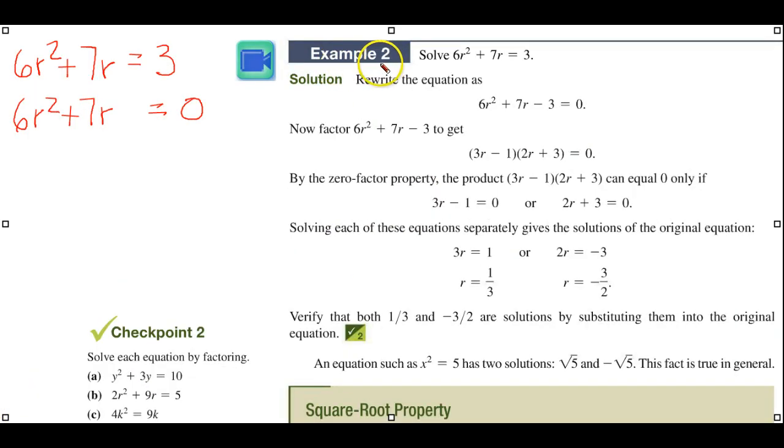So looking at example 2 now, we see a quadratic equation here. I just copied it here. And you might say, is this in standard form? And the answer is no. In order to put it in standard form, I have to take the 3 from this side, move it over, and on this side it becomes a -3. Now it's in standard form. Now,